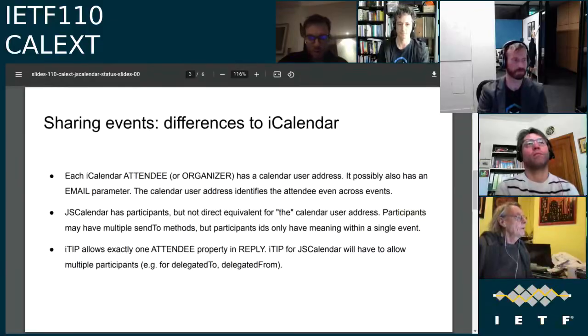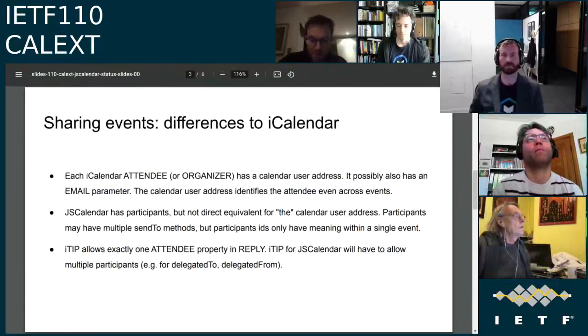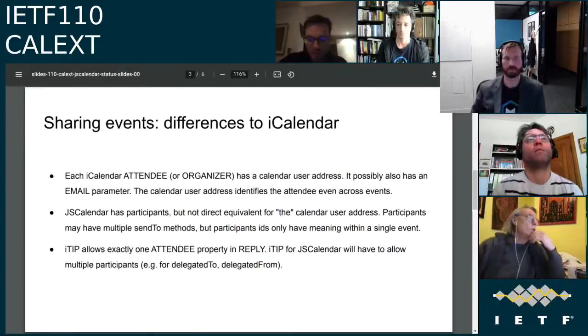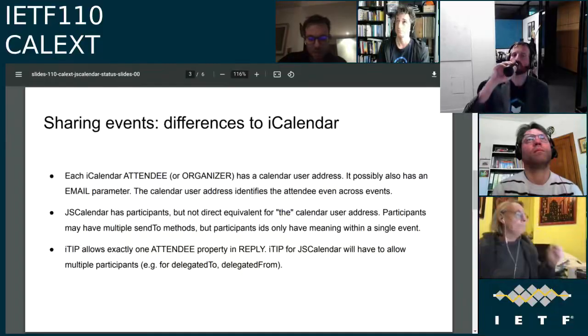On the main list, I don't like the idea of adding this calendar address property. I think we could add a UID property if we want to be able to have these dangly references, essentially be able to say it's delegated from this person, but we're not going to tell you anything about this person in this event. If you know who that UID resolves to, then you might know who it was delegated from. I'm not a particularly huge fan of that anyway, because I think that's a bit weird. But yeah, we could have some kind of UID property, and then we map that in some way.